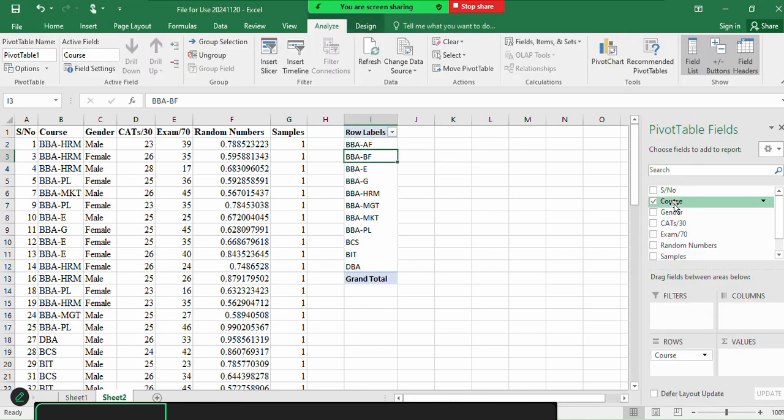we may also want to know how many students are in these courses. We can do that by counting courses. When we count how many courses, we shall know how many students are in each course. Now, the pivot table field that you see here has filters, columns, rows, and values. This is when you click here. The pivot table fields that we have